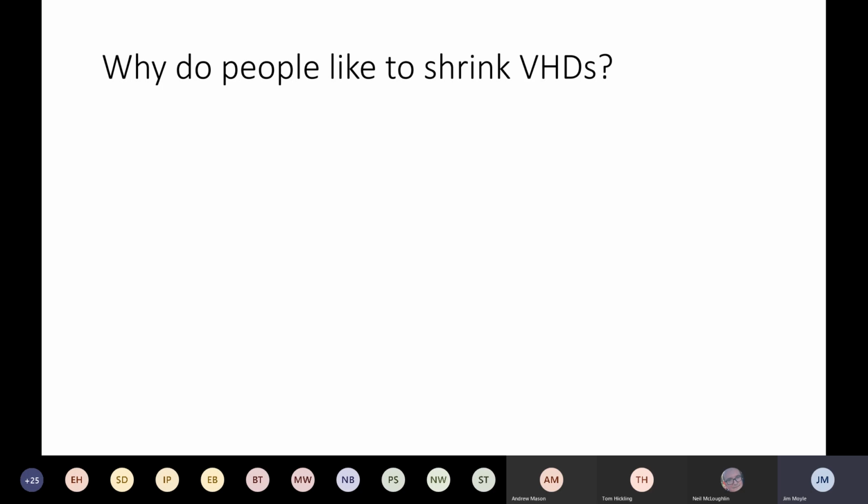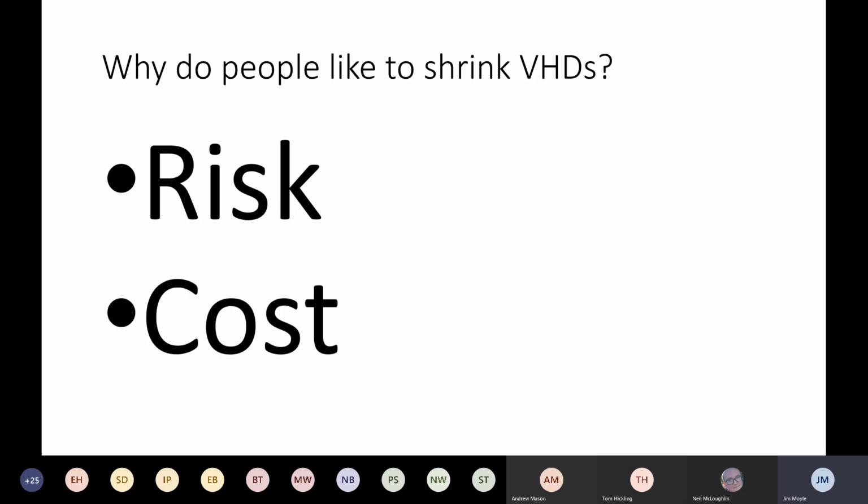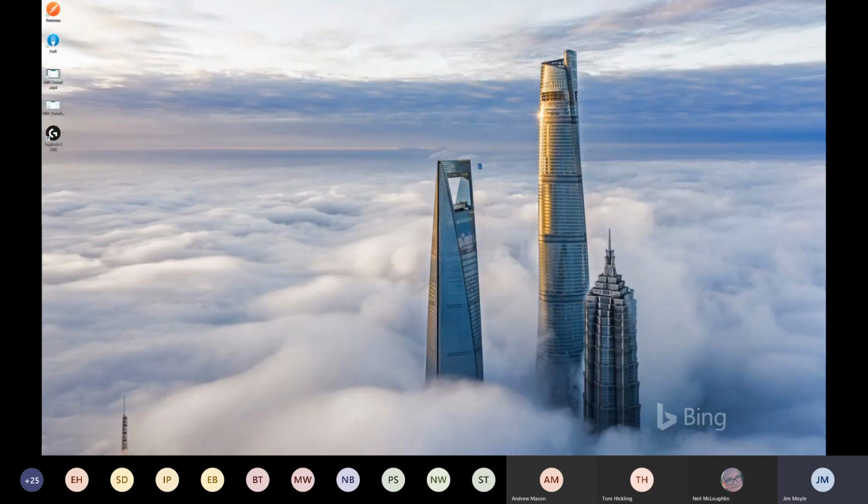But people started coming to me a lot saying, I want to shrink my FSLogix disks, either because they were running out of space on their hardware because it's on-prem, and that would be a bad thing if they ran out of space, or they're running it in Azure and they needed to reduce their cost because they're doing consumption-based